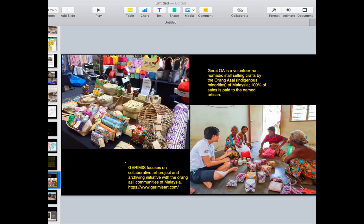right? But Gerimis is another organization started by a younger group of people who work very closely with various Orang Asli artists in collaborative art projects and archiving initiatives in order to develop a much more public-facing, accessible online platform to communicate knowledge about the artistic life as well as the knowledge systems of various Orang Asli communities in Malaysia. Rather than frame this as simply culture or spiritual beliefs, they recognize these as both artistic in nature,